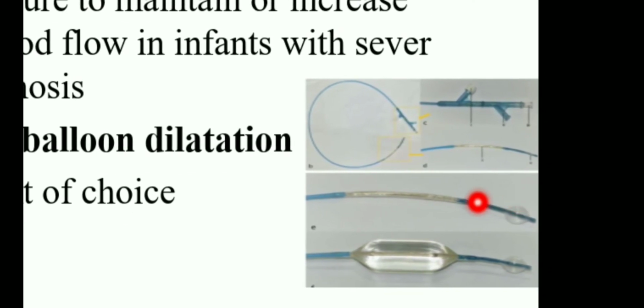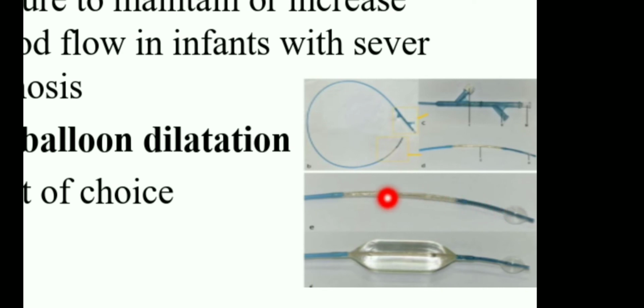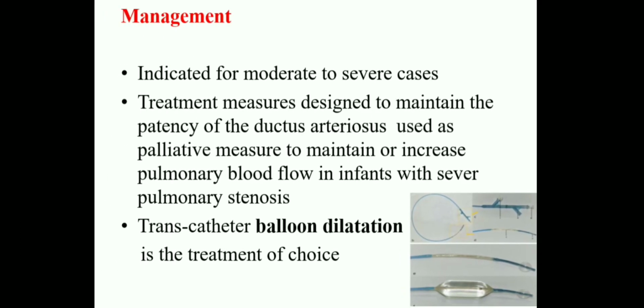Here, in the pulmonary artery area, they advance that catheter. So this is the way the balloon bulges. Where the narrowing part is, this balloon is dilated and then the narrowed part should be widened. Okay, this is the surgical intervention management for pulmonary stenosis.